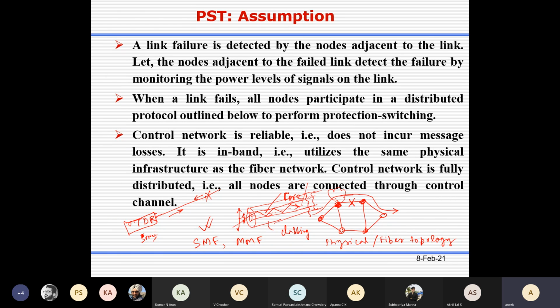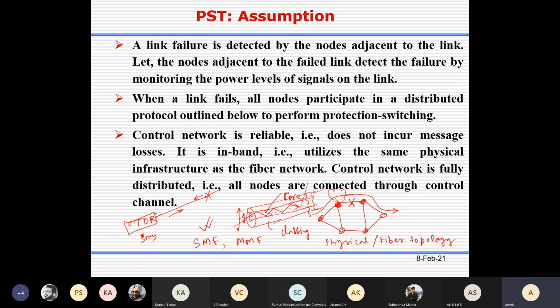So, using a similar strategy, it will be automatic. At the receiver end, the failure will be detected automatically because the signal power will suddenly fall, but the transmitter will not know automatically. So they use this strategy: whenever there is no signal flow, there will be reflection, and through some device that you have to connect, it will be detected. Or alternatively, I don't know exactly what the paper is trying to say.